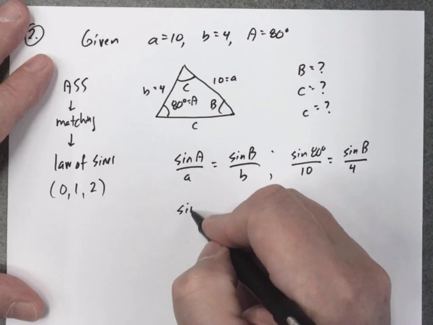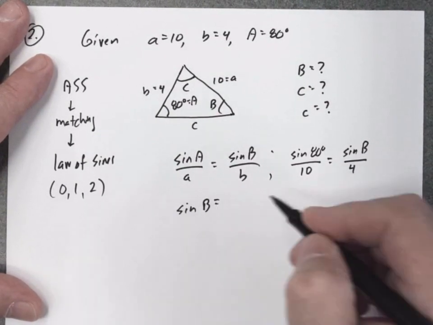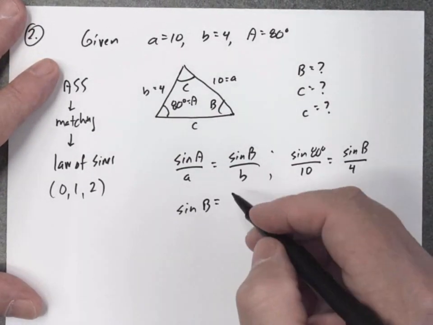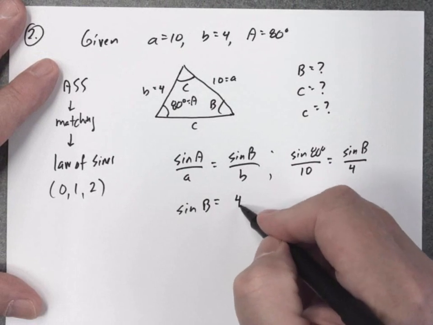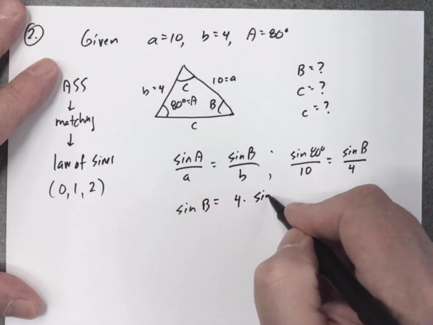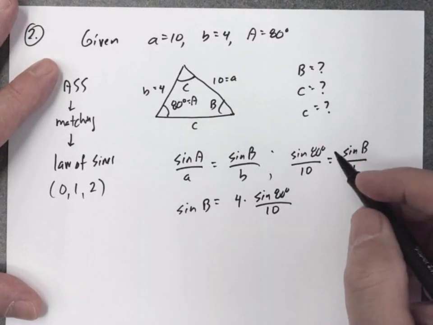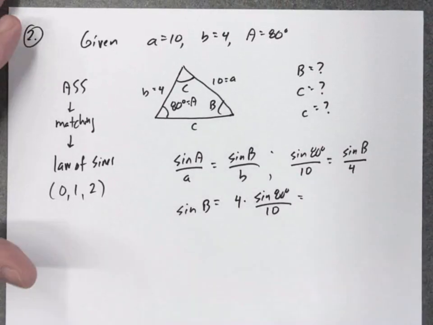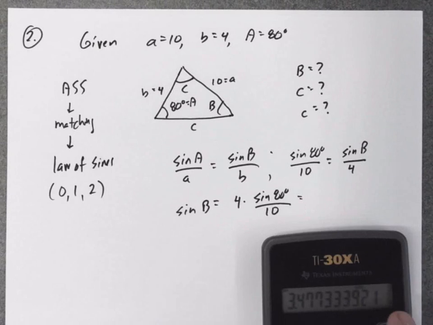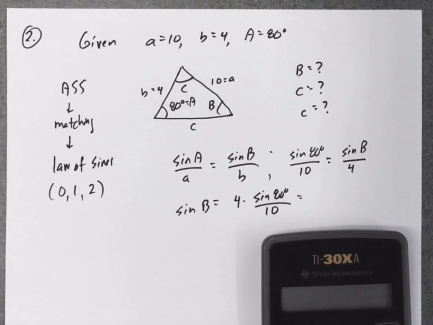So now I can solve for the sine of B, multiply both sides by 4. So 4 times the sine of 80 degrees over 10. So grab my calculator, make sure I'm in the degree mode, put in 80, hit the sine, times 4 divided by 10 equals